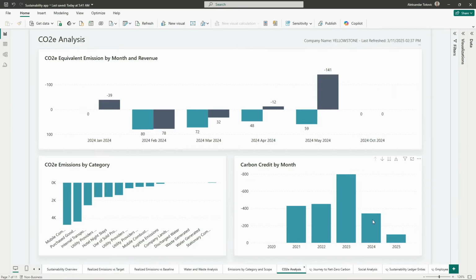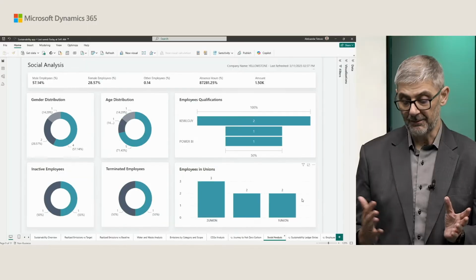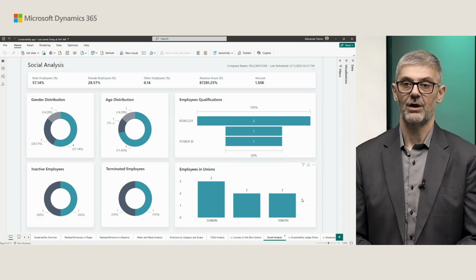And as I mentioned, we have social analysis, so you can find again the most important KPIs about male and female employees, other employees, so you can track all of them through KPIs, absence hours, then amount, gender distribution, age distribution, inactive employees, terminated employees, then employee qualifications, and employees in unions. Currently, there is not so much information on employees, so this is what we created at this moment for social analysis, but we are planning to expand this